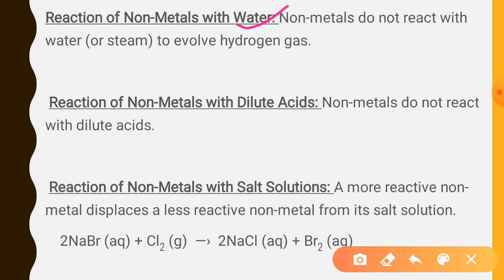Now let's see why. Look students, acid and water both contain H+ ion. And if this H+ ion has to be converted into hydrogen gas H2, you have to give an electron to the hydrogen ion. Now, a non-metal, being itself an electron acceptor, cannot give an electron to hydrogen ion either from acid or water, and if they do not give electrons to hydrogen ion then it will not convert into hydrogen gas. That's why non-metals do not react with water and dilute acids.